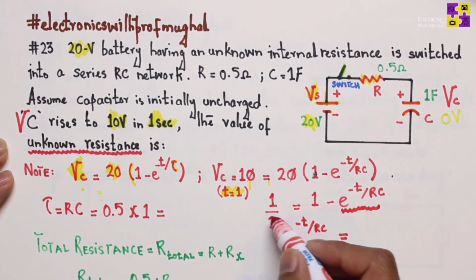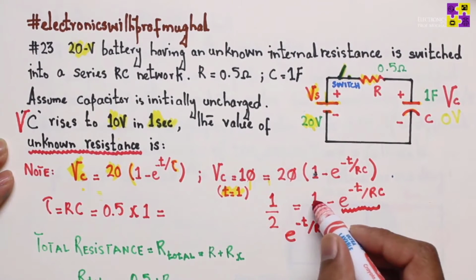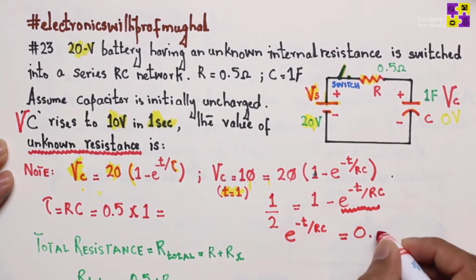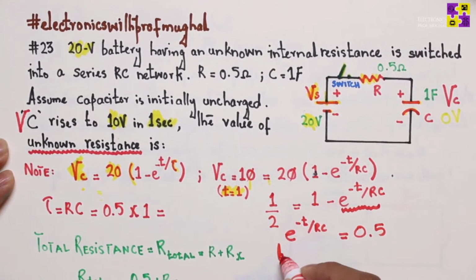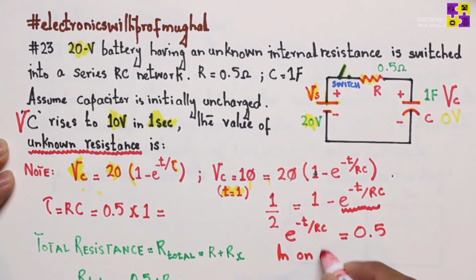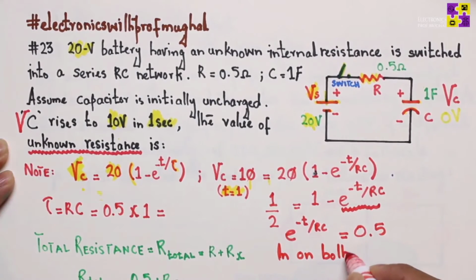This 1 over 2 means 0.5. Moving it to the right hand side, this becomes 1 minus 0.5, which equals 0.5, correct? Now, if I take ln on both sides,